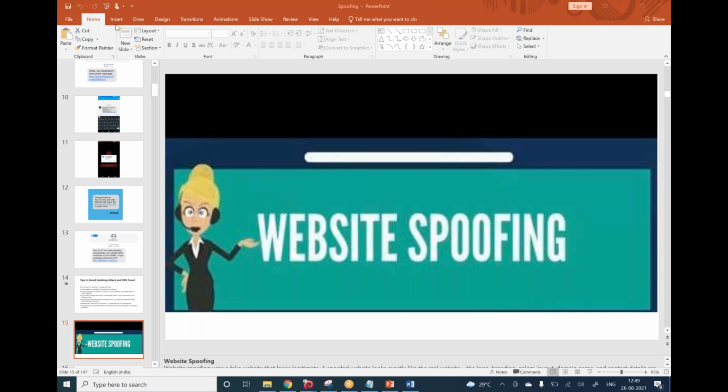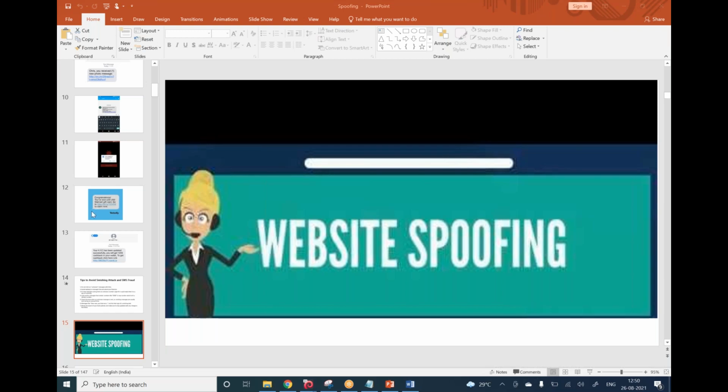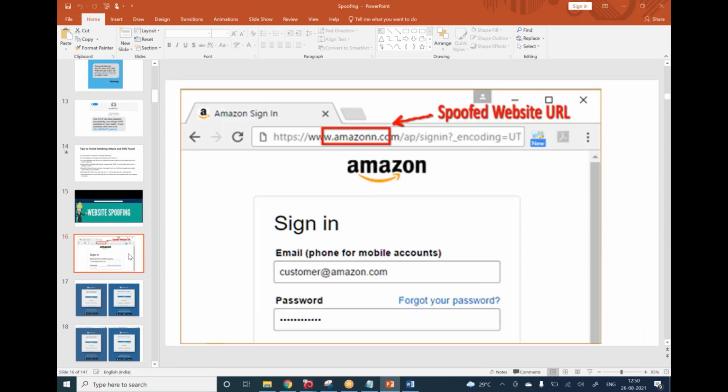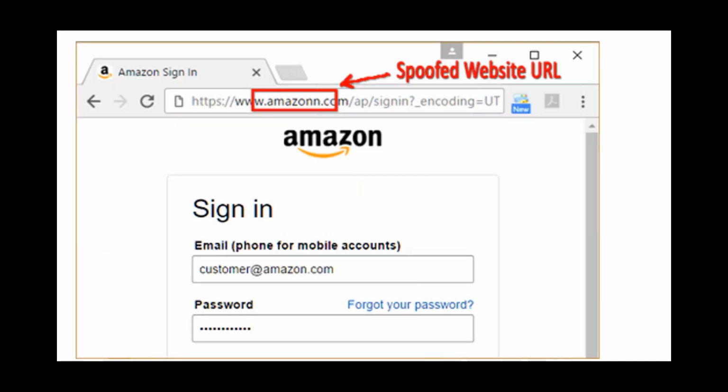So you should be careful. They'll send you a spoofed email, you click on it, and it takes you to a spoof website. That is also possible. If you observe this thoughtfully, it looks exactly the same as the Amazon user ID and password page, but you see on the top, AMAZONN. Many people won't look so closely. They think it is Amazon.com. Now tell me which one is correct. Is the left one genuine or the right one?